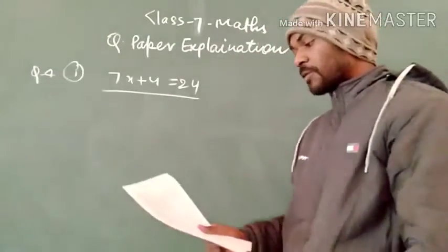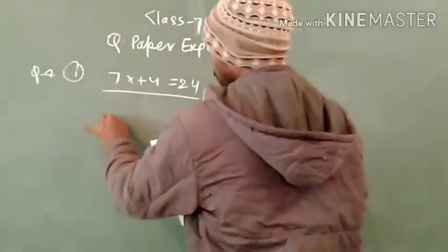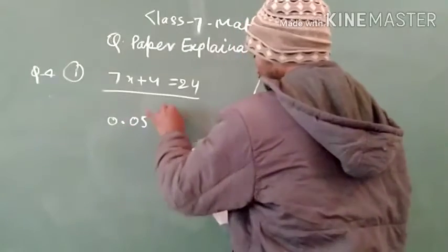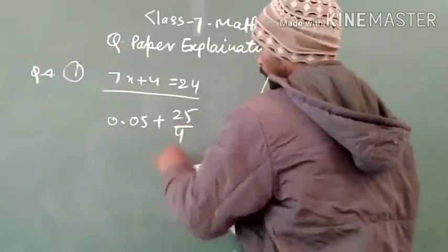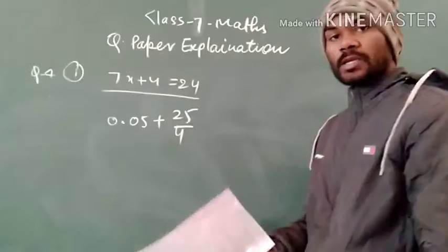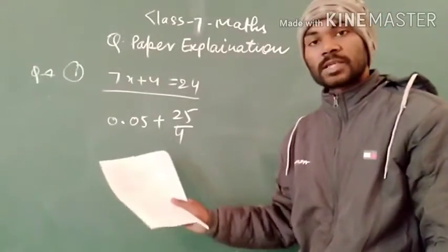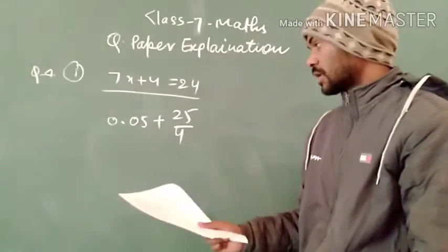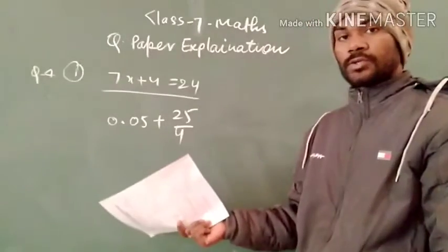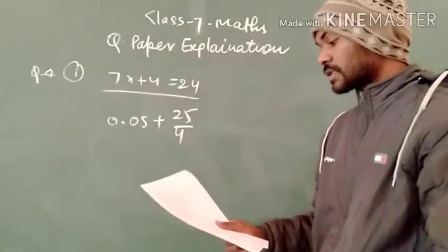The second is simplify. The question is 0.05 plus 25 upon 4. This is the given integer and their sum. So you have to find the sum of these given numbers. And I know that you can do this. The next is